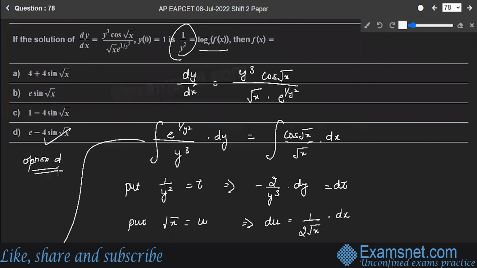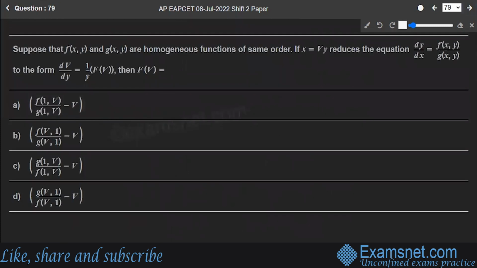Let's move to the next question, number 79. Now, suppose that you are given two functions, f and g. They are the homogeneous functions of the same order, and you have x is equal to vy. It reduces the equation to this form. Then f of v is equal to what? So now you know one thing you're given, dy by dx is equal to f xy upon g xy. One more thing, x is equal to